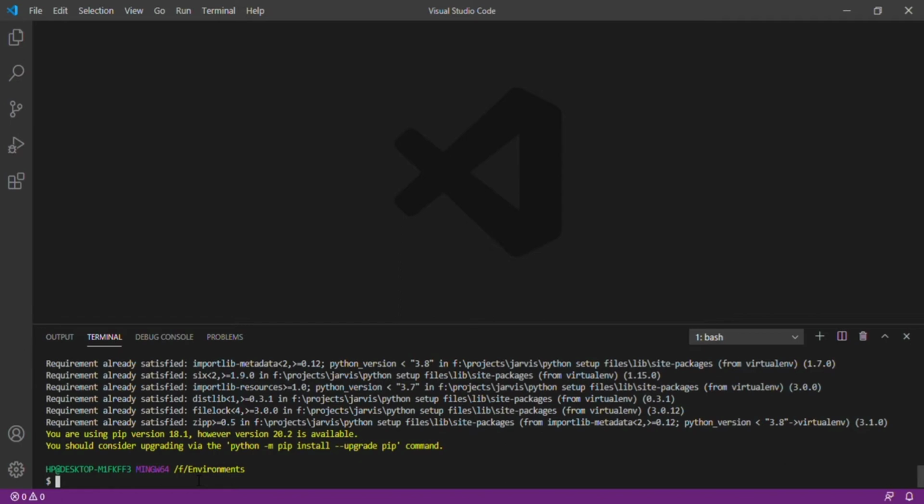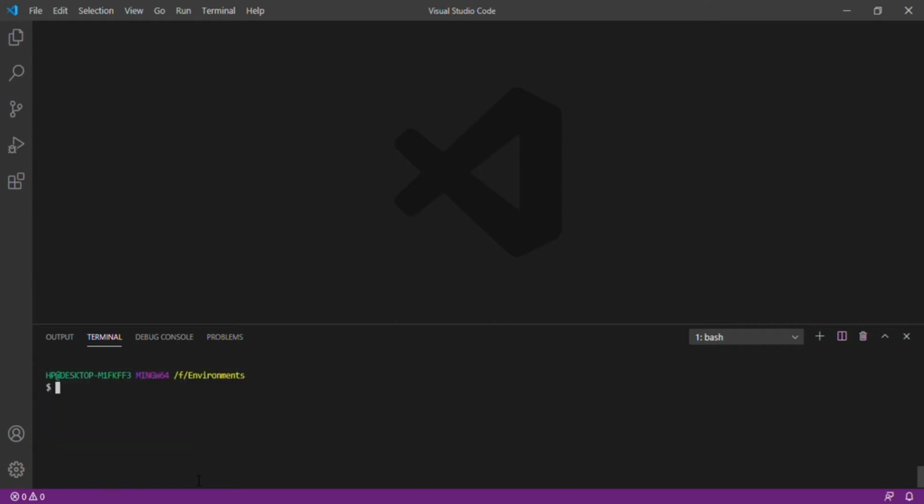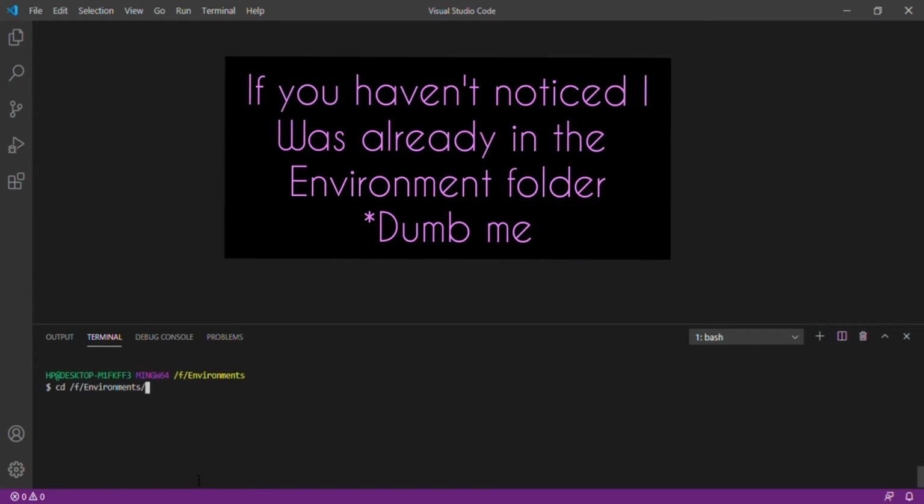Now I will give you a little tip. Make a folder named environments in one of your drives which you use to make your projects, for all the future environments you are going to make. I usually use the F drive for making my projects. See, wait a minute, cd /f, and there I have a folder named environments where I store all of my environments.